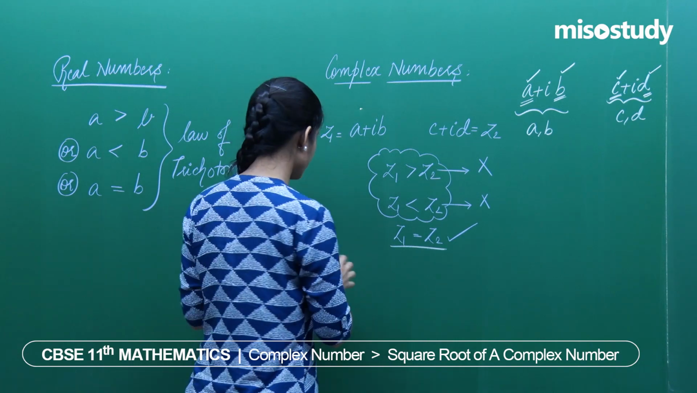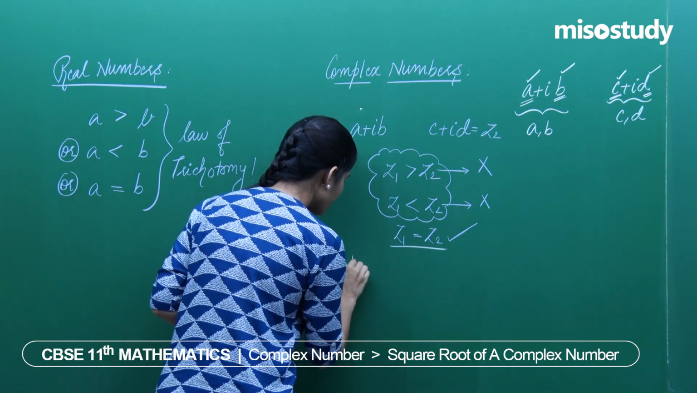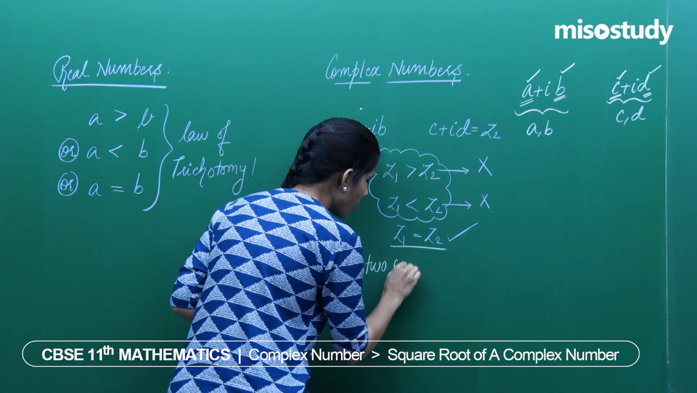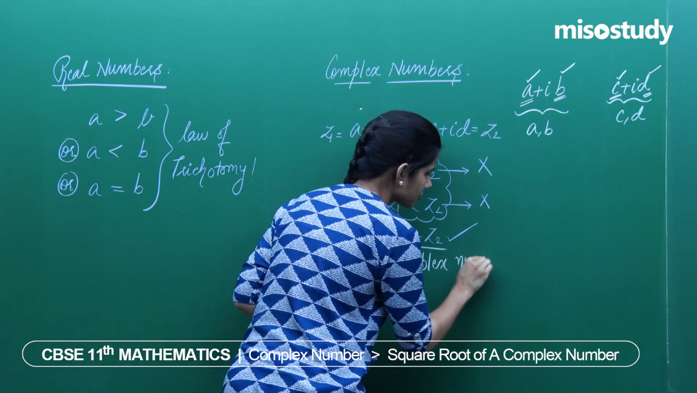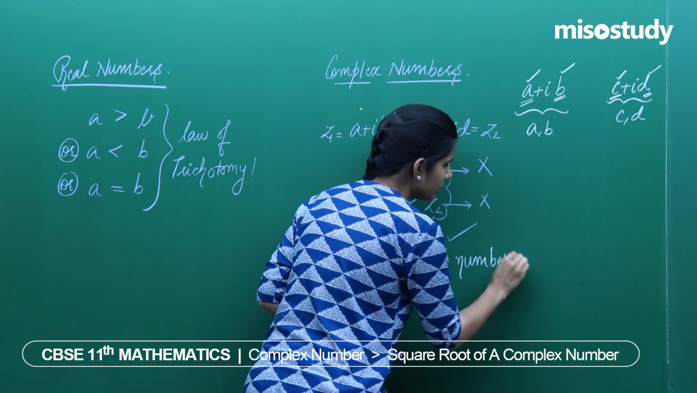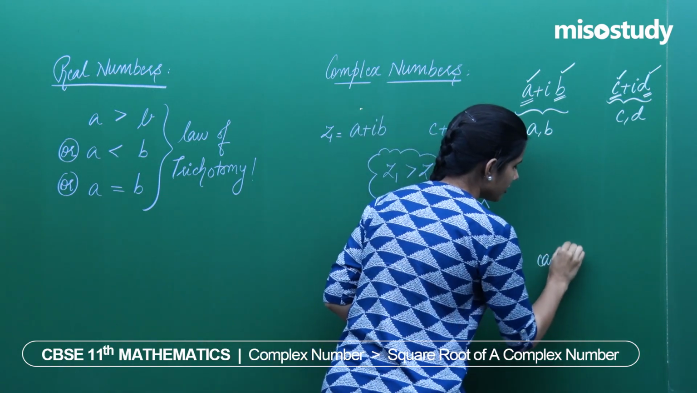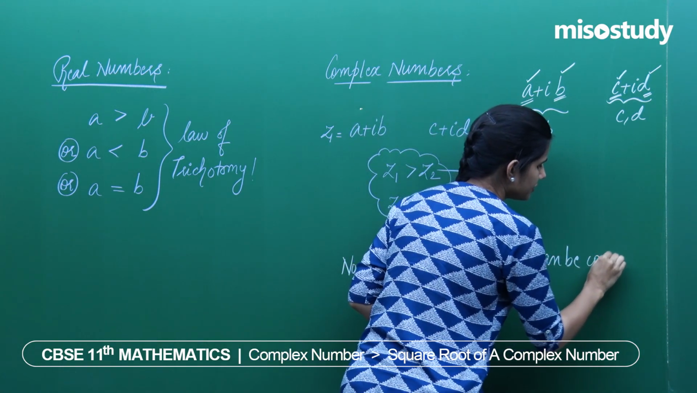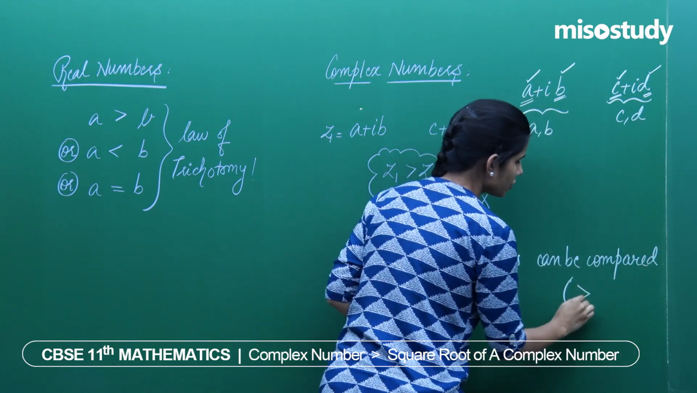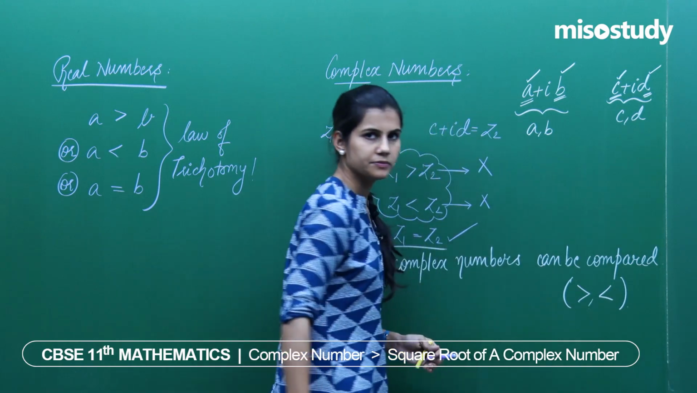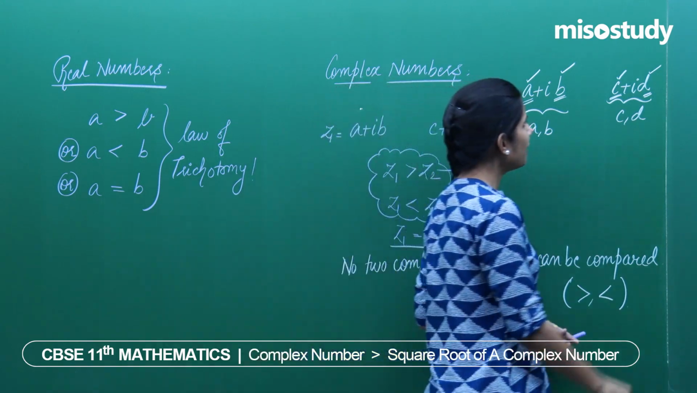two complex numbers. No two complex numbers can be compared in terms of greater than or less than. So, what happens is,